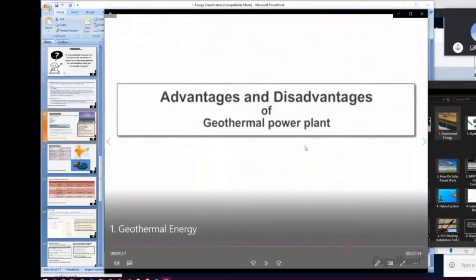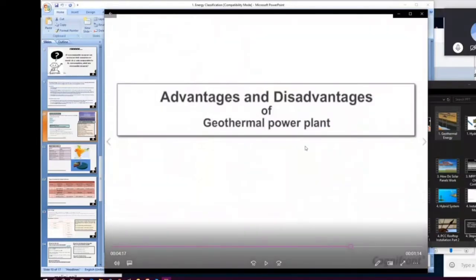Is there any query regarding the three types of geothermal power plant as been told? Sir, actually, what is the function of vessel? Vessel. Just to store the, like, if you have a dry steam, just to store the dry steam or flash